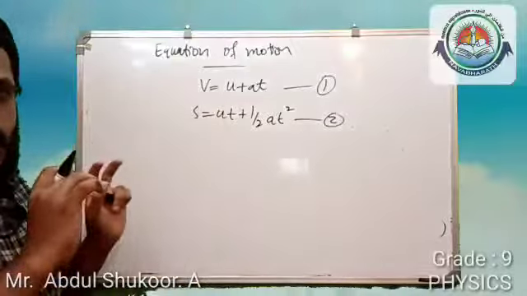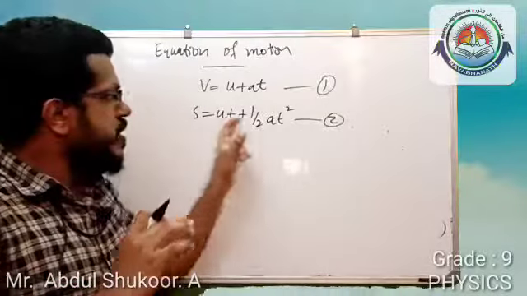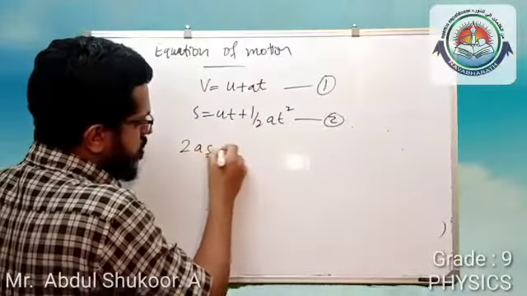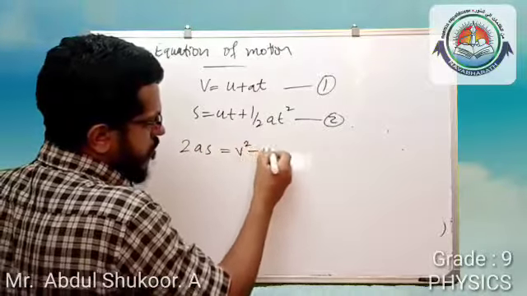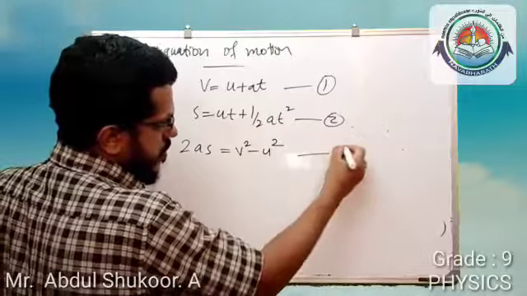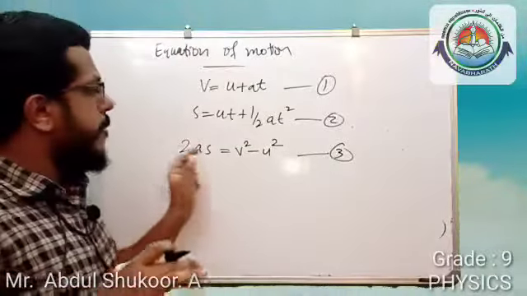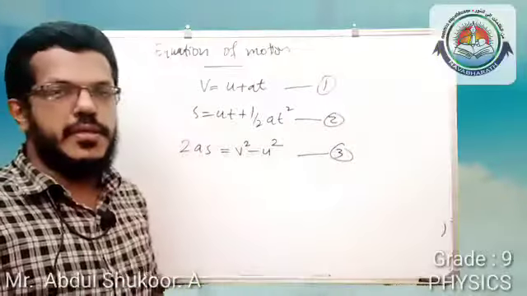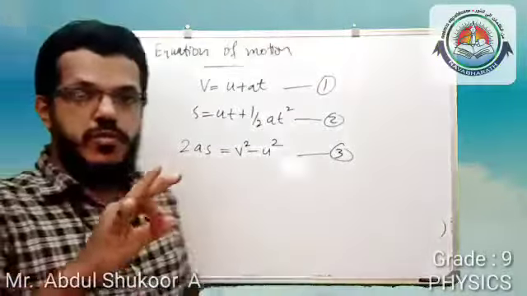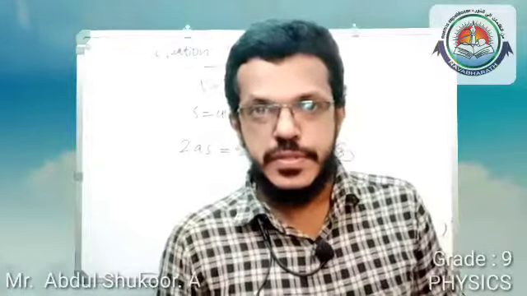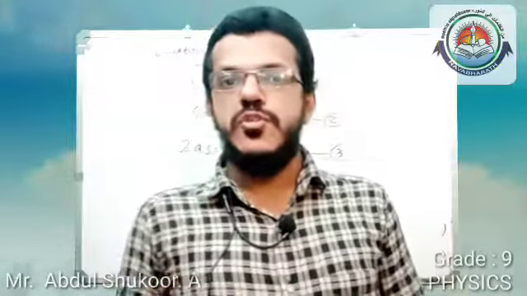It represents the equation for the position-time relation. And the third equation of motion is 2as is equal to v square minus u square. This represents the relation between position and velocity. These are the three equations of motion. First equation: v is equal to u plus at. Second equation: s is equal to ut plus half at square. And third equation: 2as is equal to v square